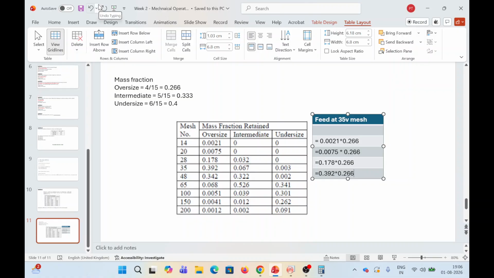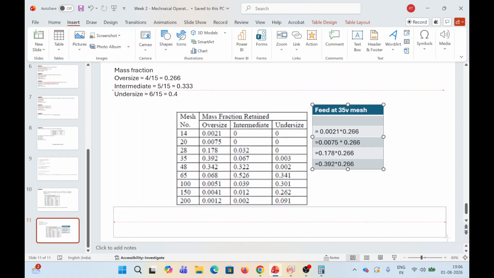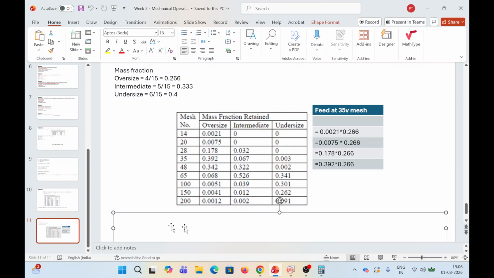So since we are basically interested only in the 35th mesh screen, I'm going to take only the values up to there. YB, that is your product, the oversized product that you are desiring, will be nothing but